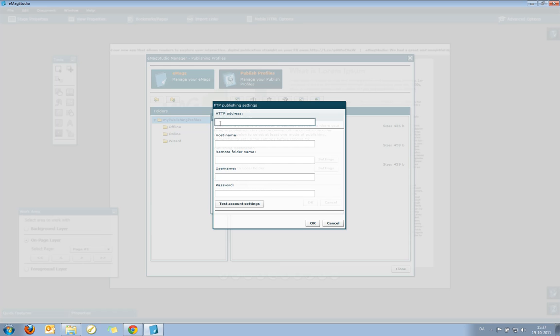The setup of your FTP publishing settings is the same as when using regular eMagStudio. So you fill in an HTTP address which corresponds with the address of your web server, something like this, and the directory in which you want to host your eMags. We set up a host name for uploading the eMags. This will often be something like